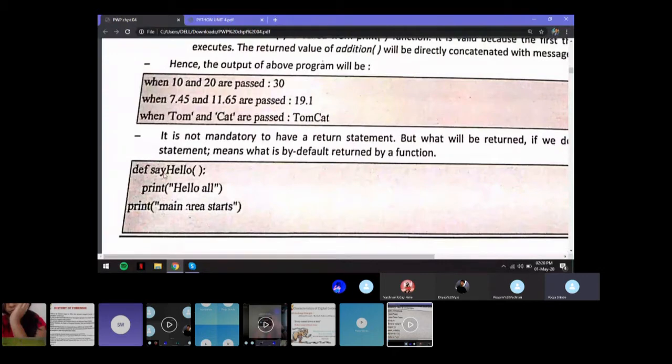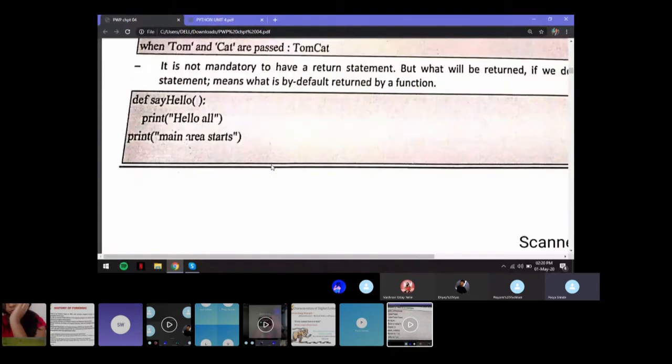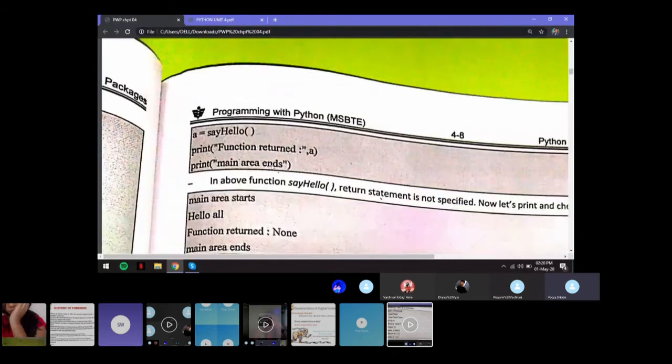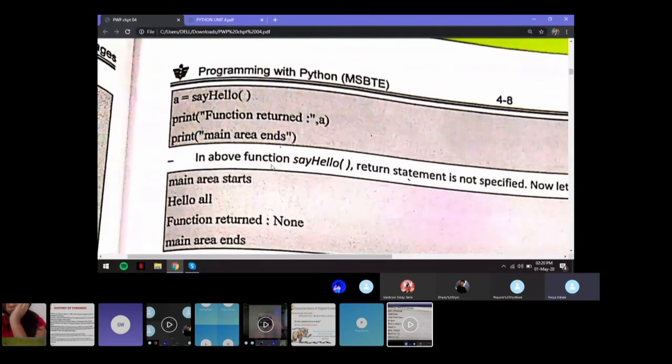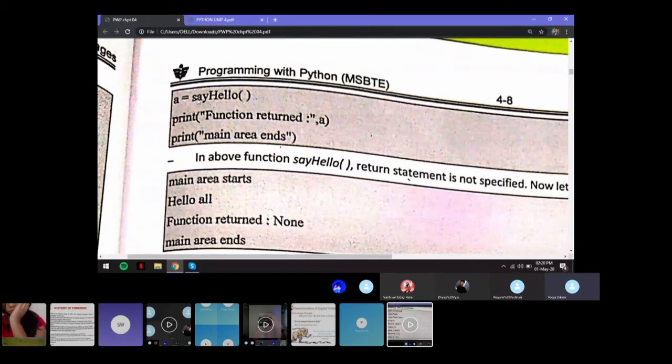That means if I have this function called def say hello, I'm just using it to print hello, and then I'm writing print main area starts, to specify where the main function is starting. In the main function, I call the function say hello, and I still write a variable on the left hand side.